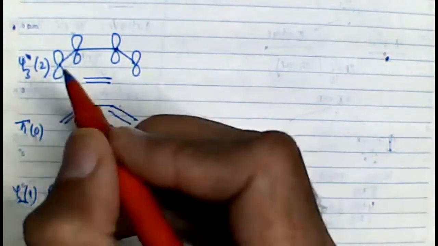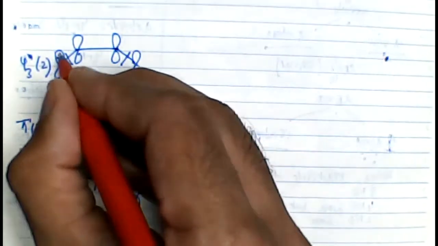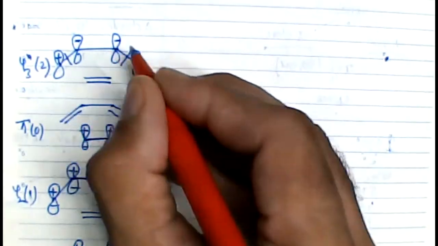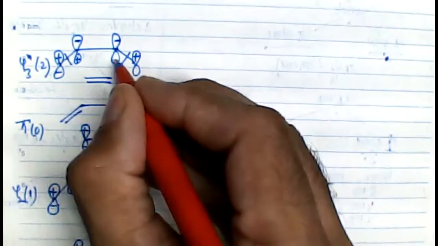Where do I draw 2 nodes? One here. Remember symmetric leaving. This is positive, node comes negative, and this one is positive. This is how the orbital picture will look like. Right.